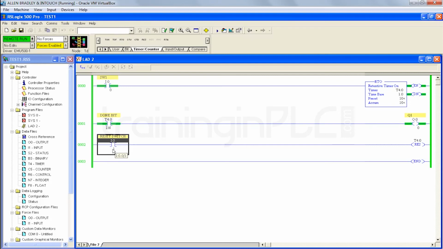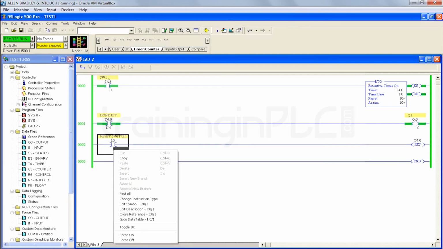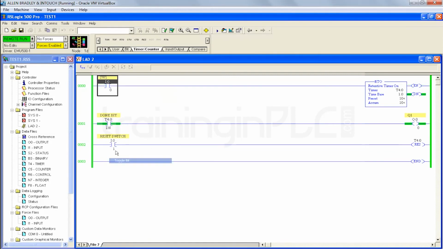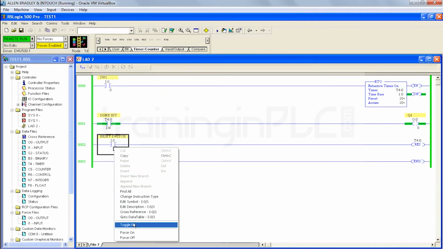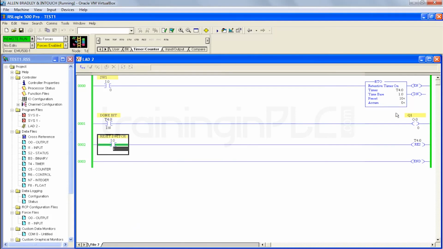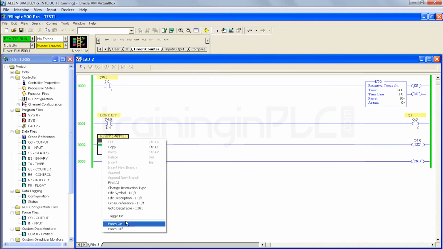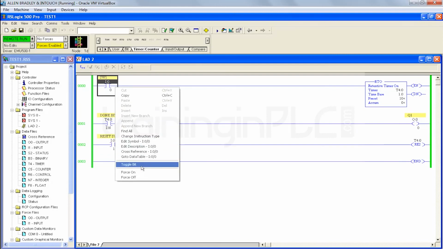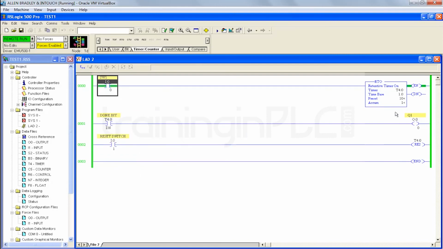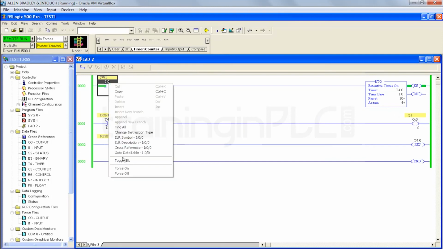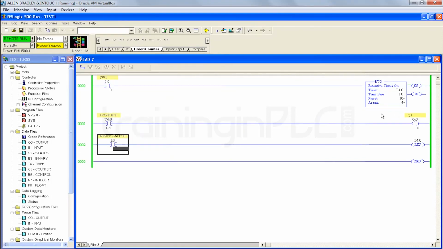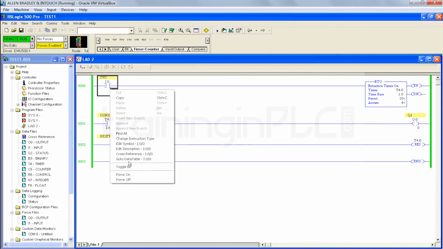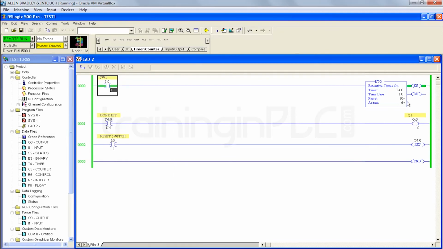Fine. So first I'll turn this off. I'm going to do the reset. Yeah, the accumulator value is back to 0. Then turn off the reset again. Now one more difference: if you turn on your input pulse, your timer is running. Immediately you turn it off. See the accumulator value, it has passed the 4th second, right? If you turn on again, it will start from the place where it stopped.